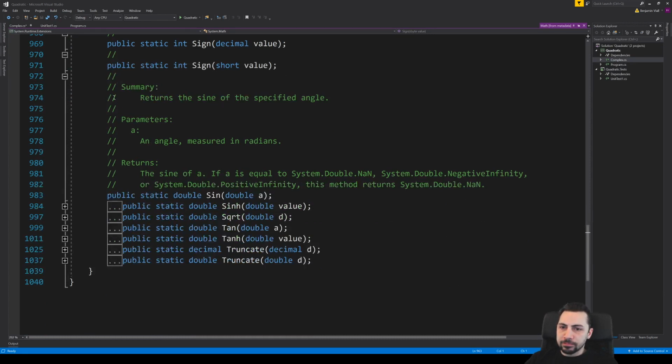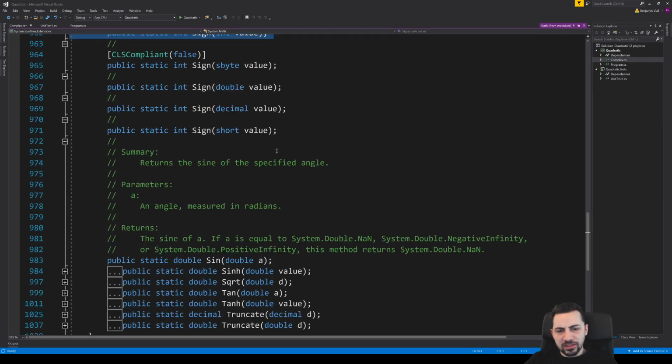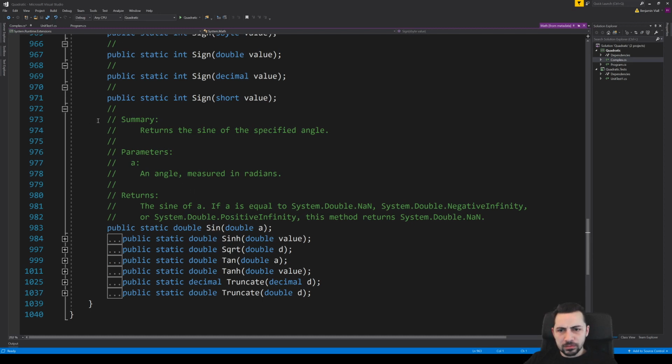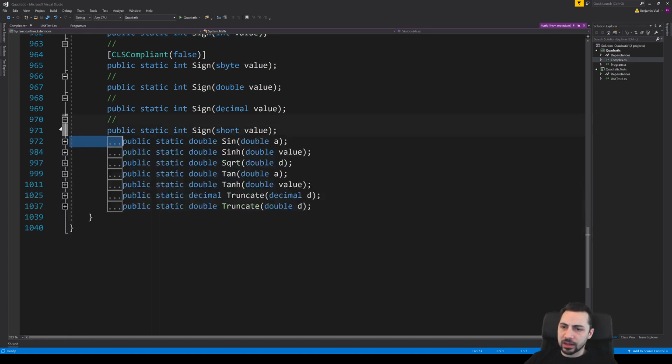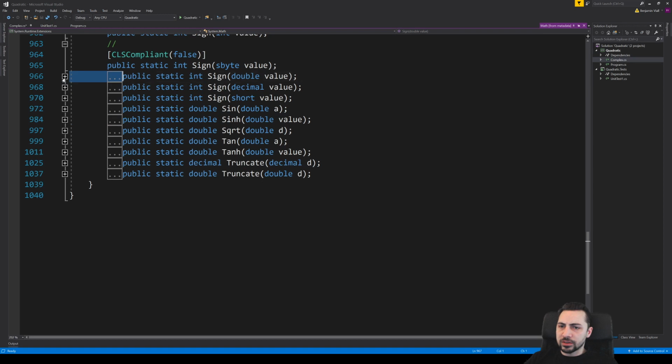Returns the sign of the specified angle. Oh, that's for sin, not for sign. Alphabetically, that doesn't make a whole lot of sense. Let me briefly just pull up the help here for you. Oh, you can't see that.